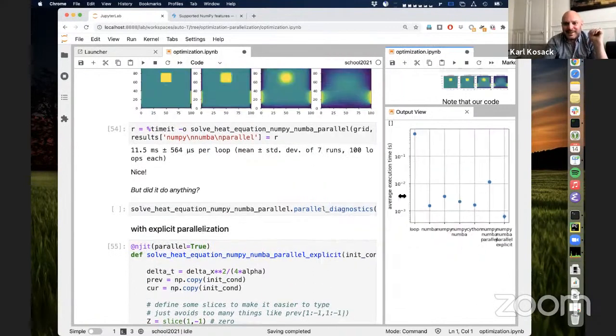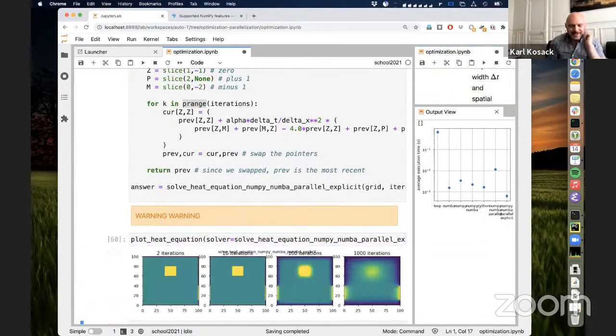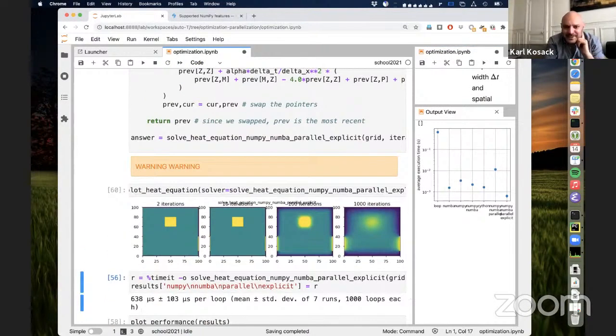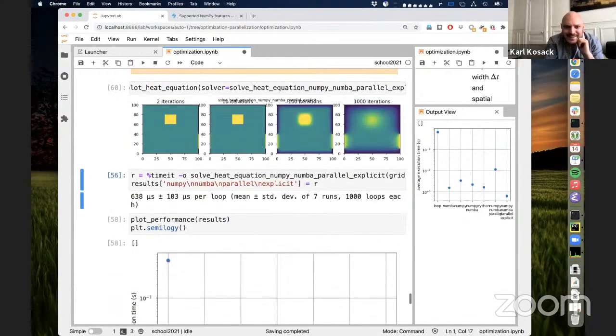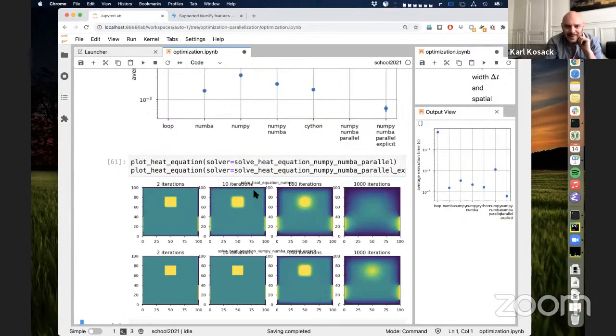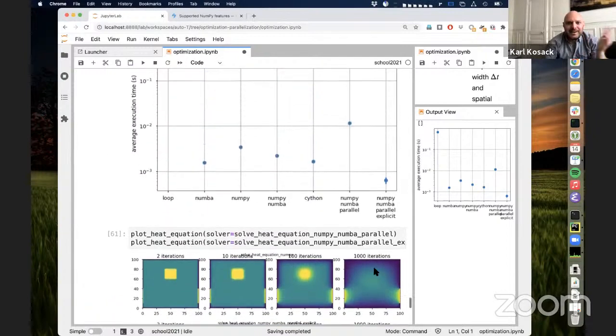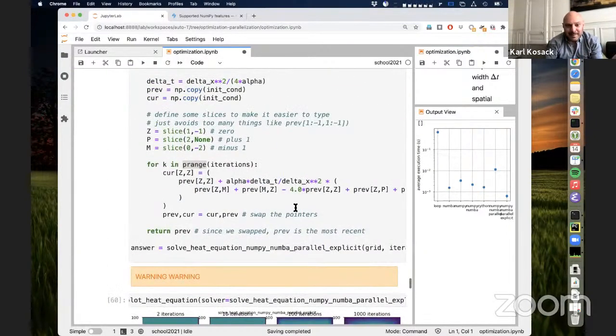But here's what I said. Okay, warning. That's why I have this warning here. Plot the result, and it looks a bit strange, right? So that's not the same result. If I plot it, let's plot two of these, how it was done by one of the algorithms and by the other algorithm, you notice it doesn't look the same. After 10 iterations, it looks like a square and not like a fuzzy square, right? And the final result is not the same after 1,000 iterations. So why is that? Because I made a mistake here.